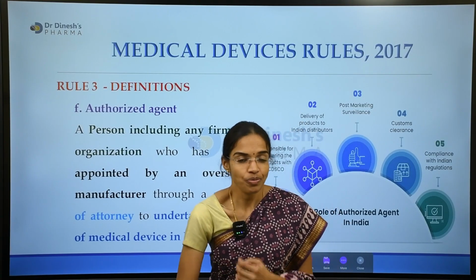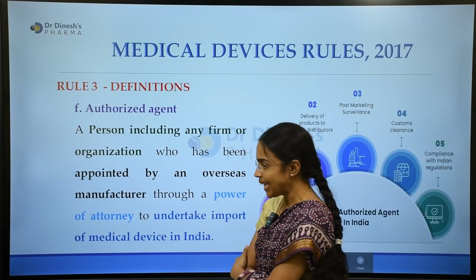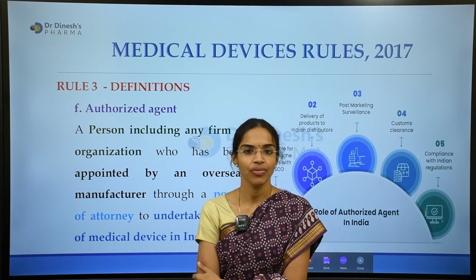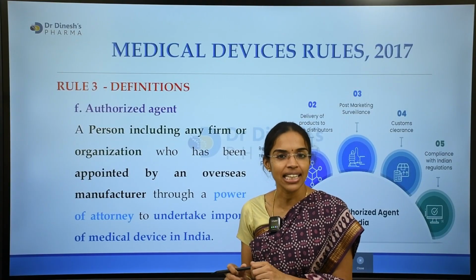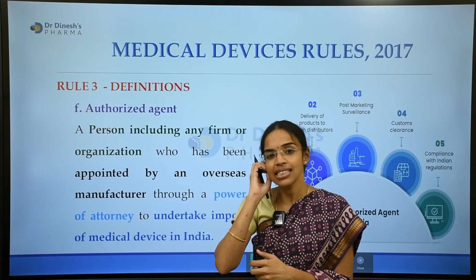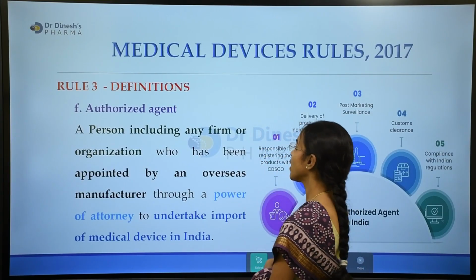Okay, so that was about 3E, and coming to 3F, that is the authorized agent. We have the authorized agent 3F. So the definition itself says that an authorized agent is a person, any person, including any firm or